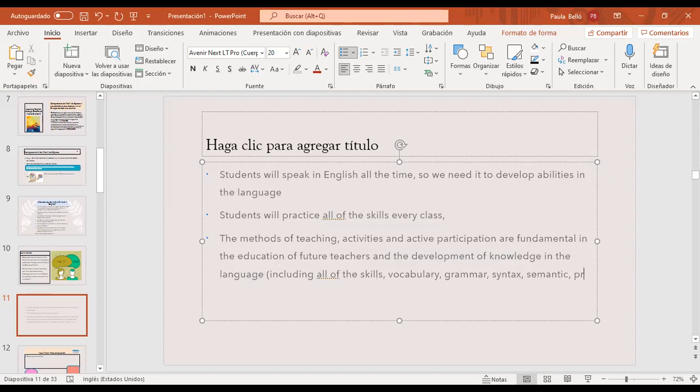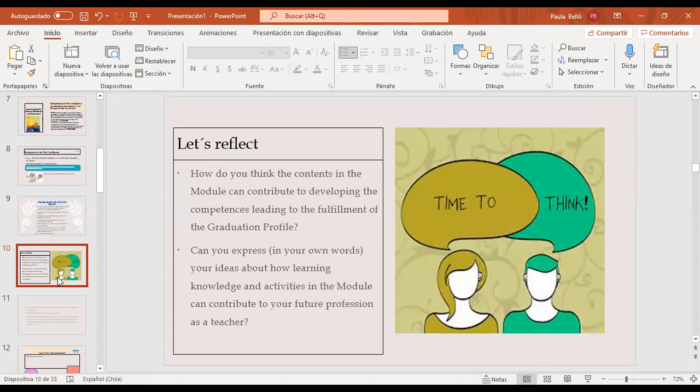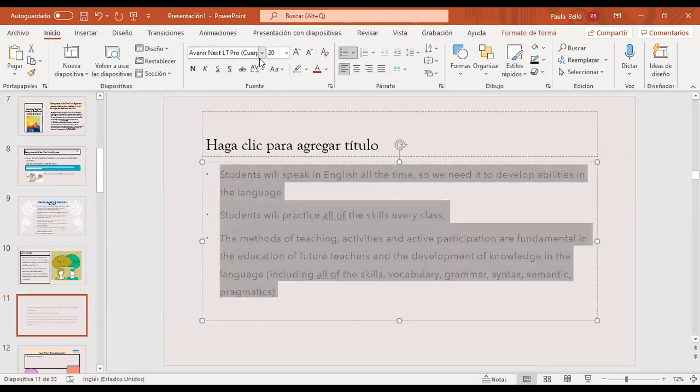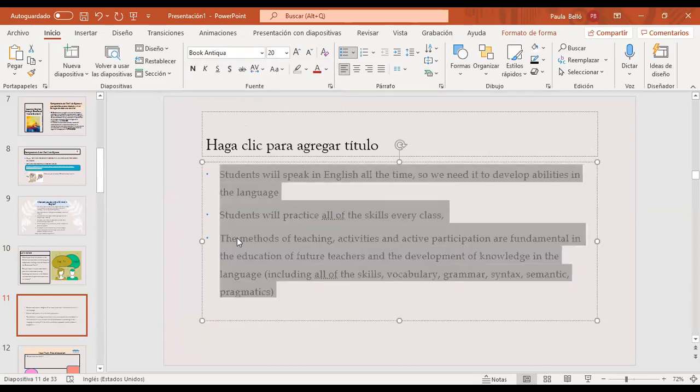Semantics and pragmatics. Okay. Different areas of knowledge of the language. So yes, everything we do in every module contributes to your future profession. So this is in your hands to take advantage and make the most of every experience, every learning experience you